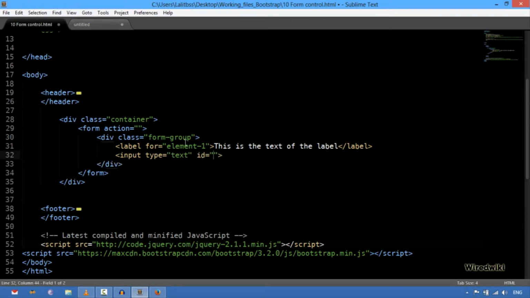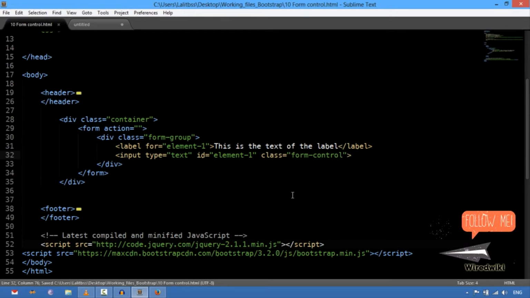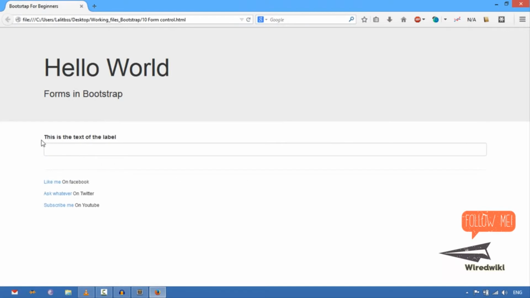ID, for ID I'm going to give the same ID, this one, and the class will be form control. So this is the class that you're going to use inside the input tag. So I'm going to save this, and I'm going to preview this in the browser. As you can see, this is the text of the label, and